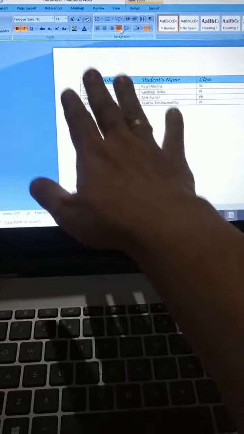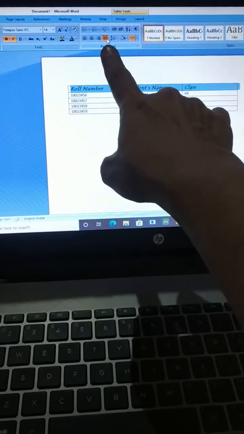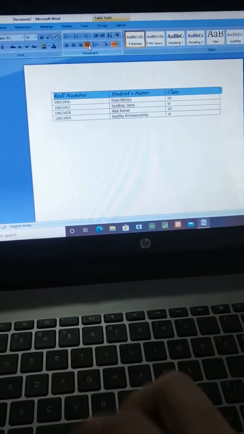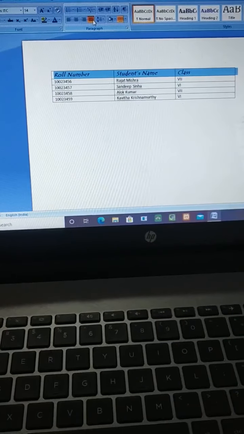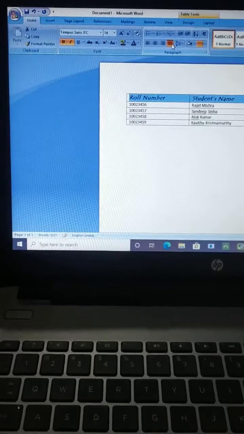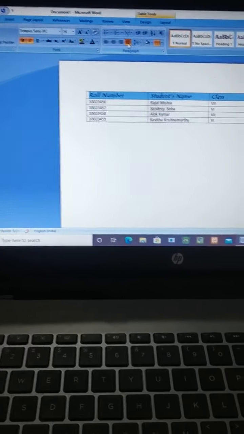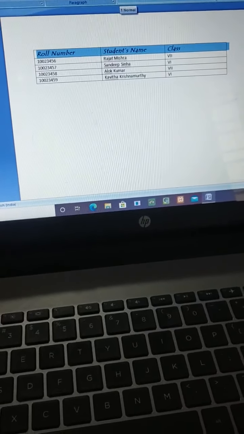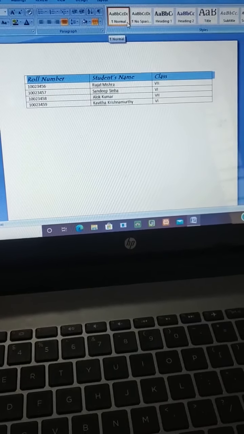That means if you are typing a paragraph and select all the paragraph and align it in justify, both sides will become in the same order. Understood? This is justify. So in Windows 7 of Microsoft Office package, there are many options like this, and you can make the text we are creating more attractive. Is it clear to you?